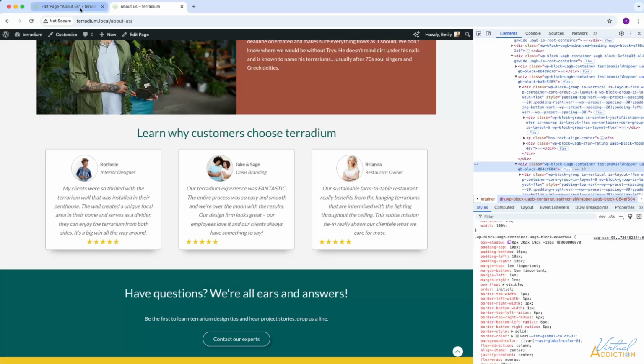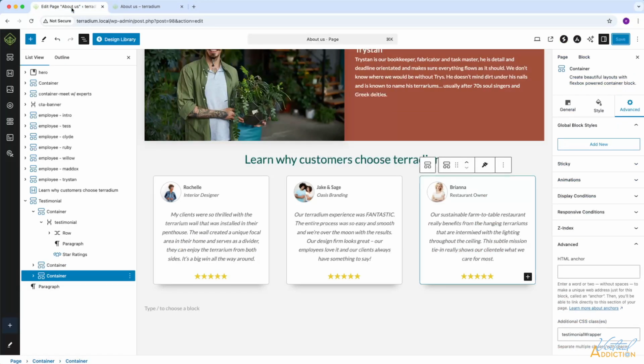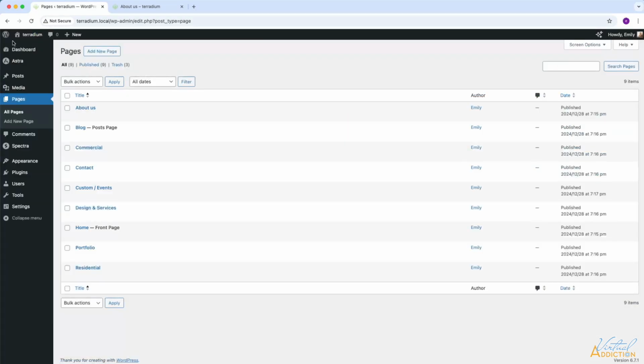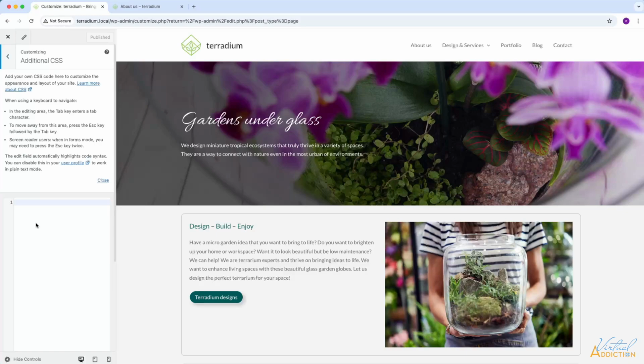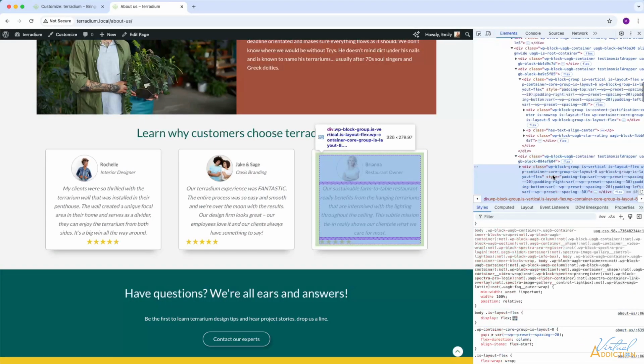Now that we have that information, we're going to go back to WordPress. We'll go ahead and go into the dashboard. I'm going to go to Appearance and Customize. In the Customizer, we have an option to add additional CSS. This is where you can add your own custom CSS. So if I write a class of testimonial wrapper, space, and then we put dot, and we're going to use this